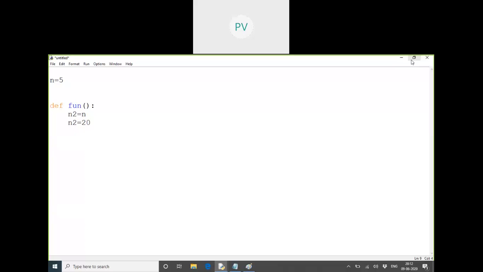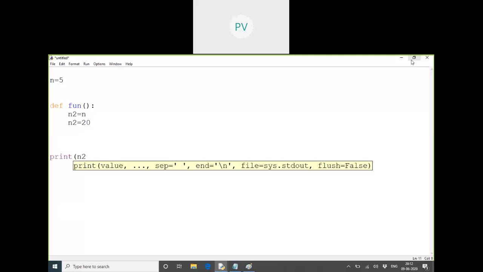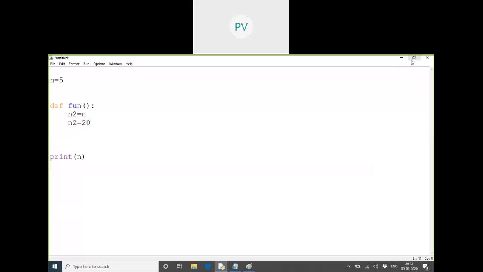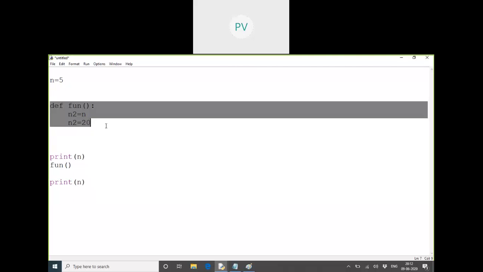Whatever I have done, I just want to print and tell the answer right now. 5 is an object with a global reference. Forget about this definition first. Don't think about the function.